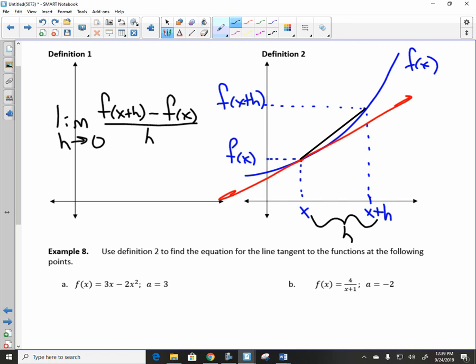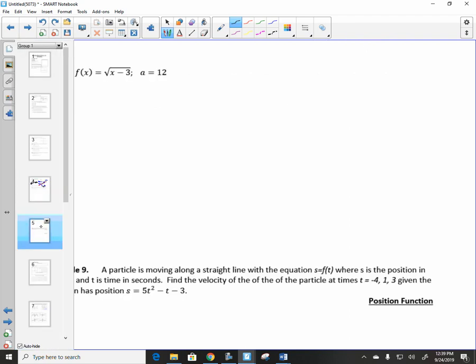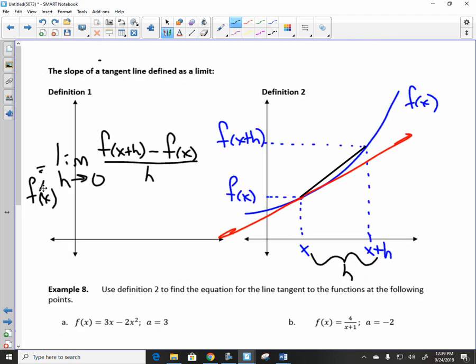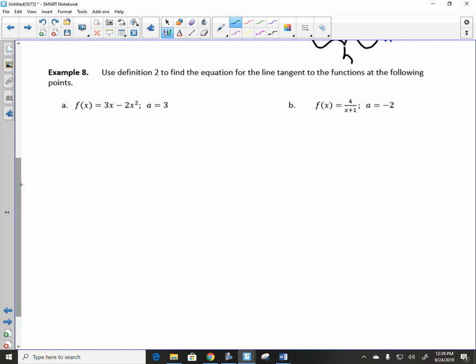That is the formal definition of the derivative, f prime of x. Anytime you find a derivative, that's what you're supposed to use. And so we're going to use that second definition to be able to write the equations for the lines tangent. We're going to talk just a little bit about their derivatives and our results. So this is something you've seen before. The difference is this time we're actually computing the derivative itself. So the limit as h approaches 0 of